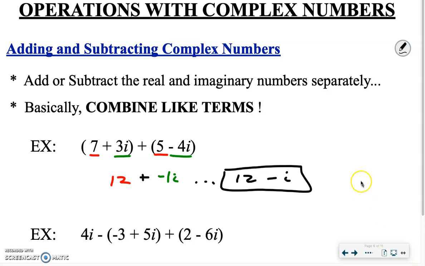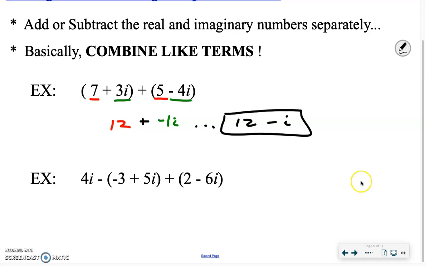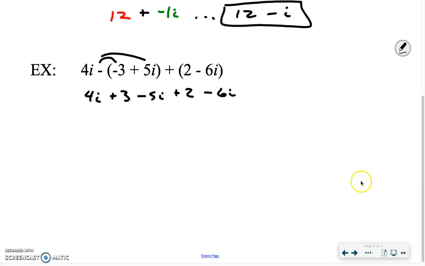Same thing for that second example. The only difference here is we just have to distribute our negative through. So realizing that we really have 4i plus 3 minus 5i plus 2 minus 6i. Now when we combine, real portion first. 3 plus 2 is 5. 4i minus 5i is negative